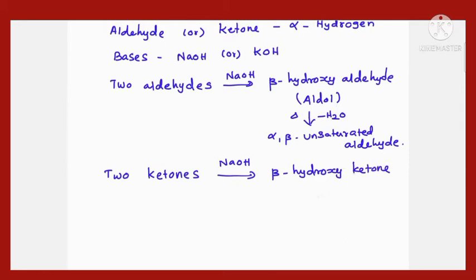Like the previous compound, beta hydroxyaldehyde, this can also readily lose a water molecule on heating, which results in the formation of an alpha beta unsaturated compound. Here we get an alpha beta unsaturated ketone. So the formation of this alpha beta unsaturated aldehyde or alpha beta unsaturated ketone from either 2 molecules of aldehyde or 2 molecules of ketone is generally called aldol condensation. Now let us see one reaction with an example.